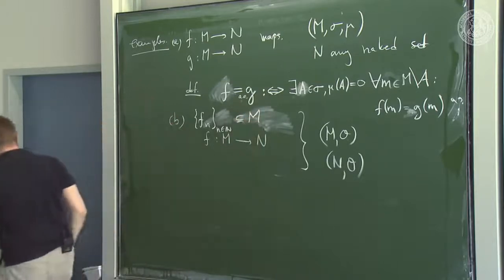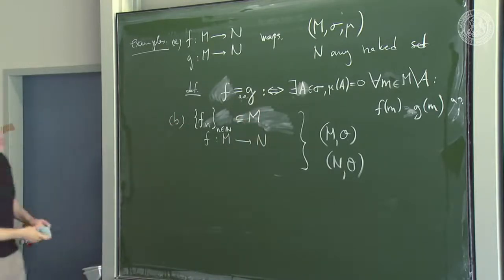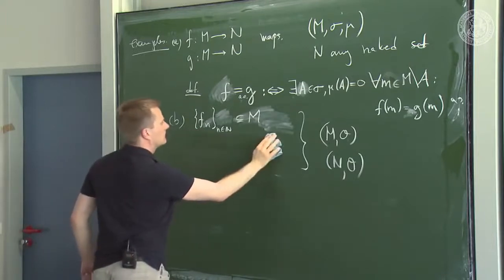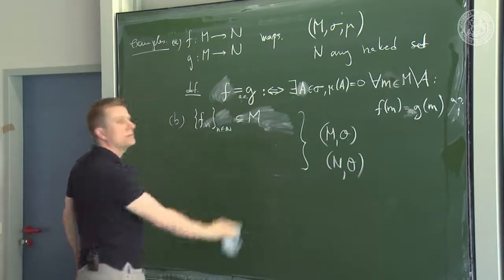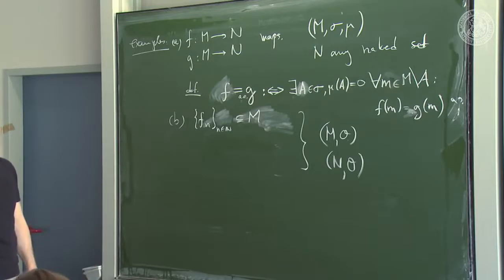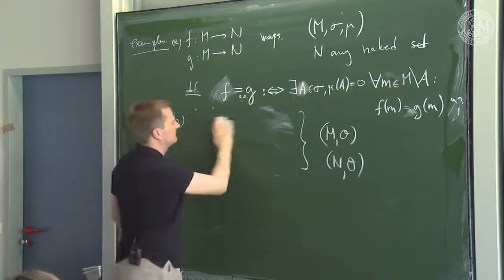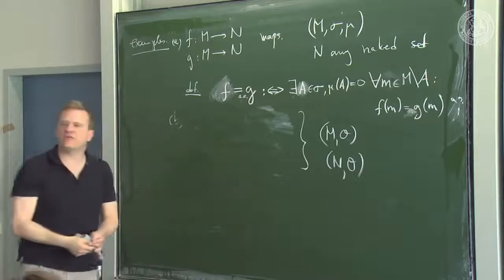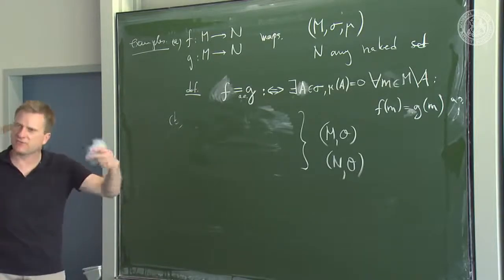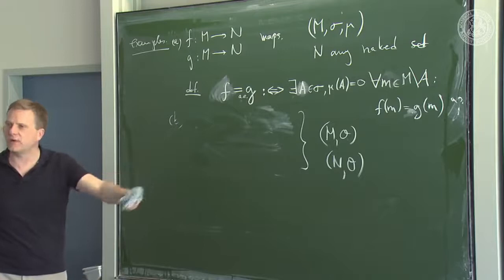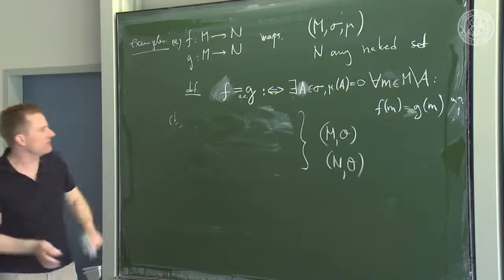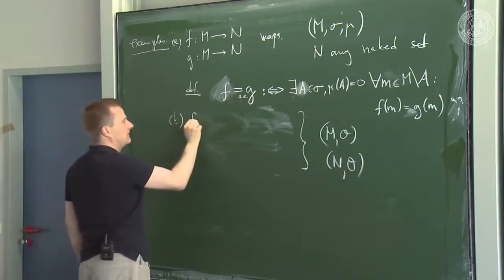Okay. No. Let me think. What do I want? No, I want... okay. I want to define that one map converges against another map almost everywhere, but then a sequence of maps. I need a sequence of maps. I'm sorry.